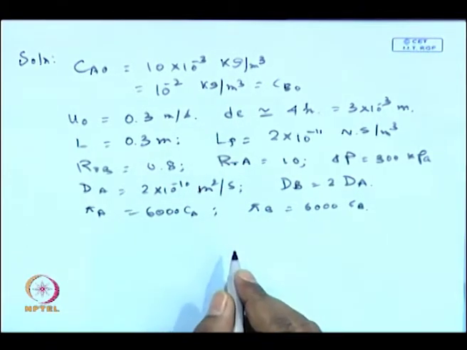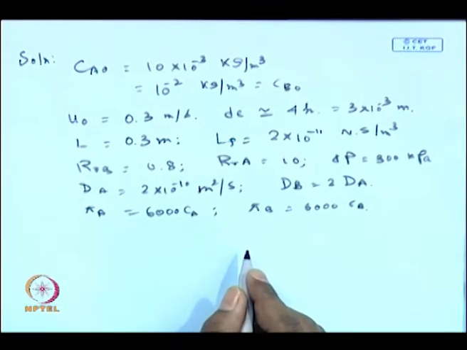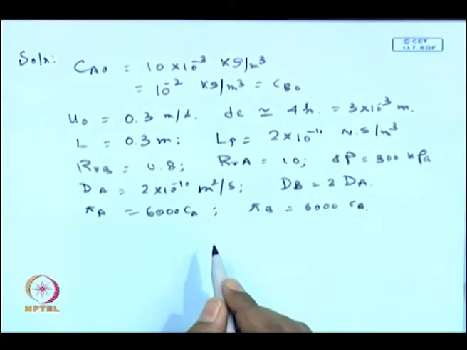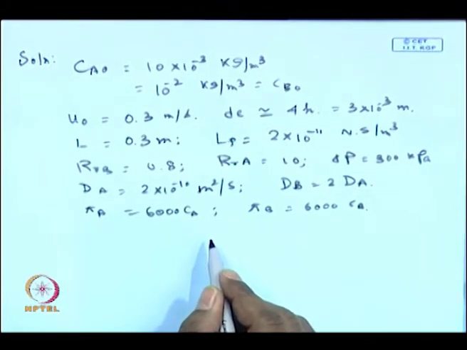Now, what can we do? We can do a solute mass balance over the membrane surface, exactly the same way we derived the film theory equation. If you remember how we did the film theory equation, we did a solute mass balance over a differential element over the membrane surface and integrated across the boundary layer thickness, because the boundary layer thickness will be constant for a stagnant boundary layer film. Now, in this case we will do a solute A balance over the same element and a solute B balance over the same element.